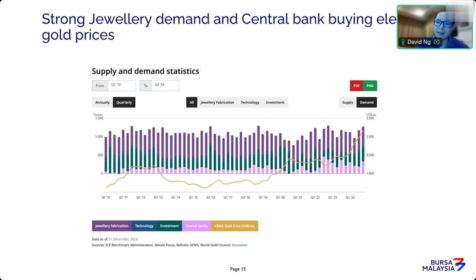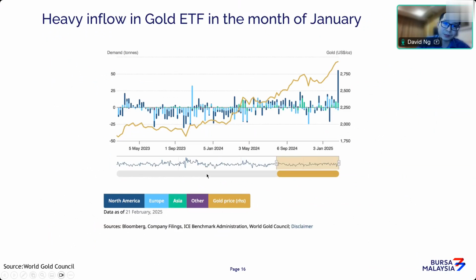But the element that is giving a bit of a positive factor is the central bank, surprisingly. If you just look at since the start of 2022, or the first quarter of 2022, you can see this purple area here, which indicates the demand from central banks. It's actually going very well, and I think the majority is coming from China. China's central bank has really been buying gold massively since the early part of 2022, and consistently every month buying a huge amount of physical gold from the open market, and this is what's supporting prices going forward.